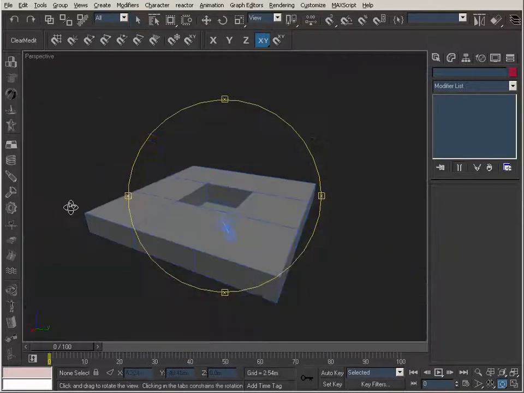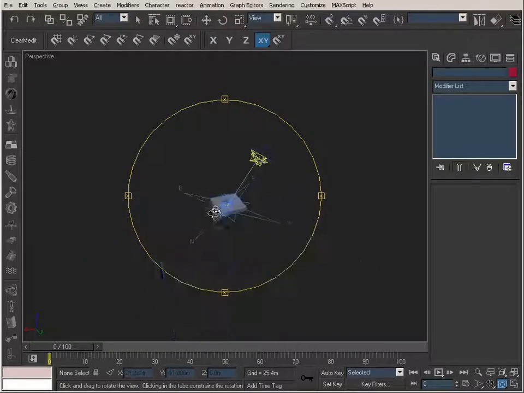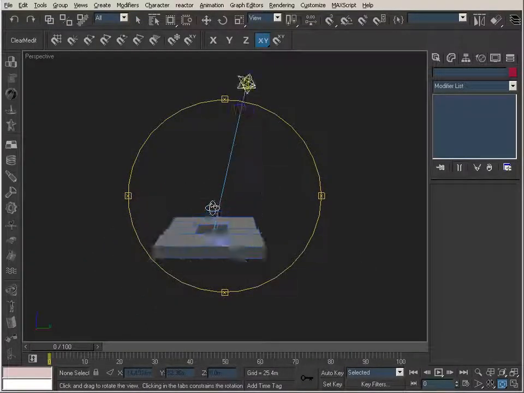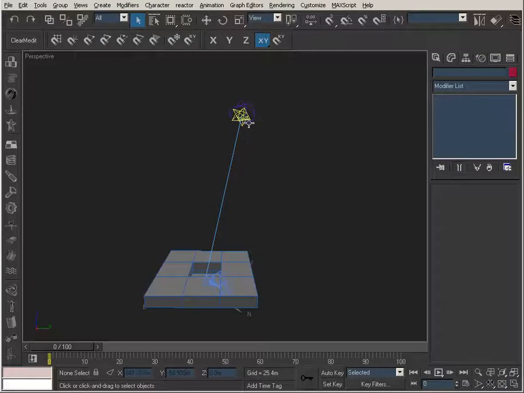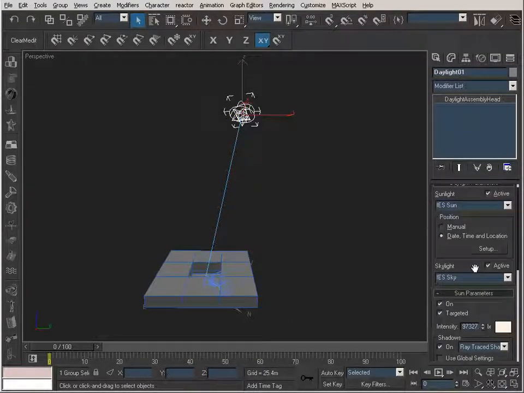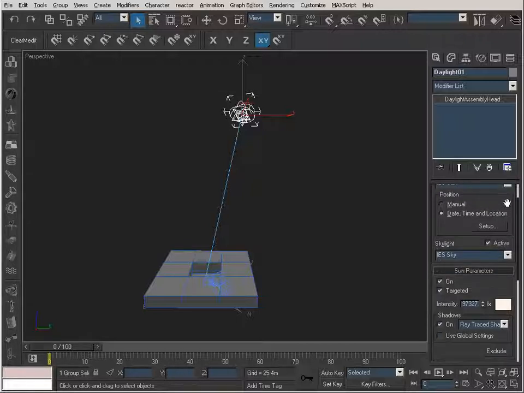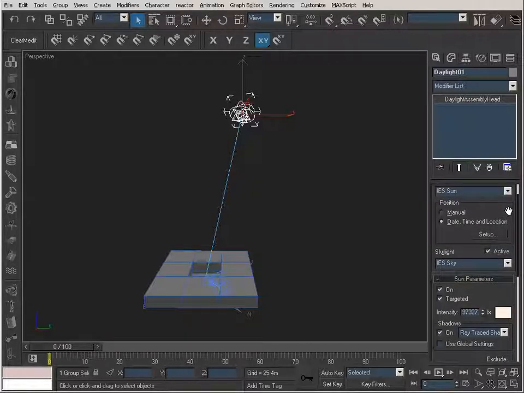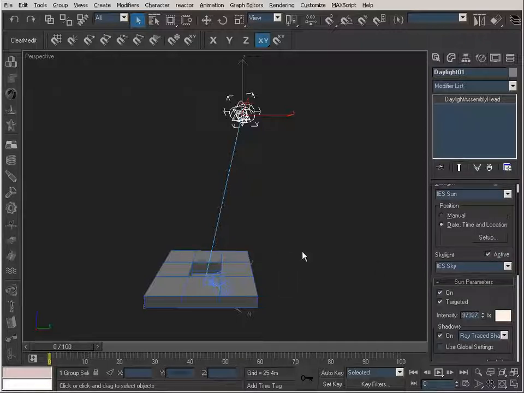cubes in there, and basically our hole has a sunlight system built into it, and this is actually a daylight system. And this daylight system is using specifically IES light and IES sky. What's important to know about this in terms of doing radiosity is that IES skies and that real world lighting is really your best benefit when you're doing